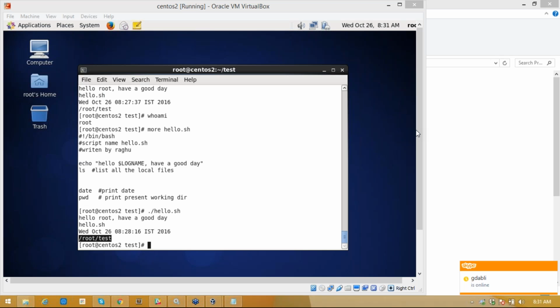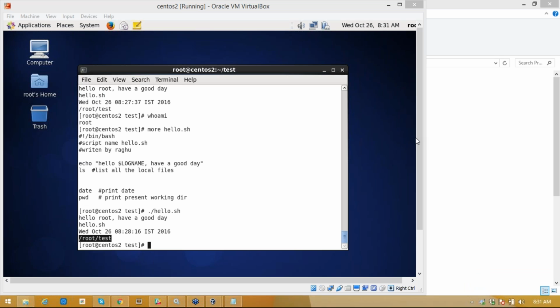But with sh it's running without execute permission. Yeah, you are directly saying which shell you are using. In this case we are using user permissions.